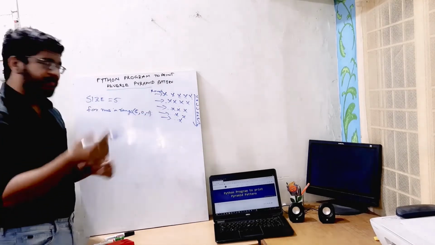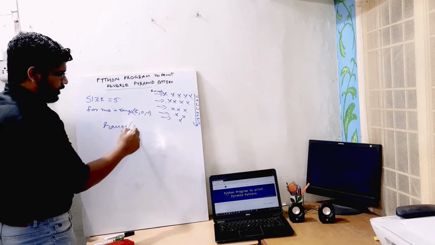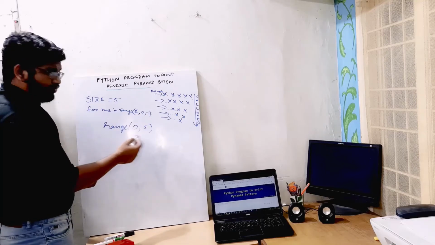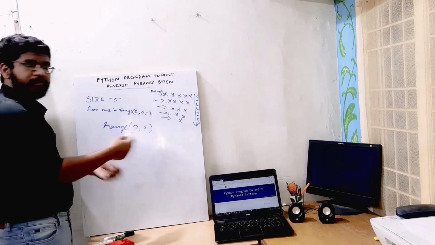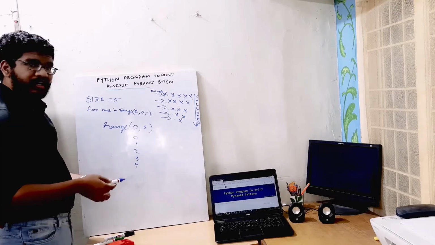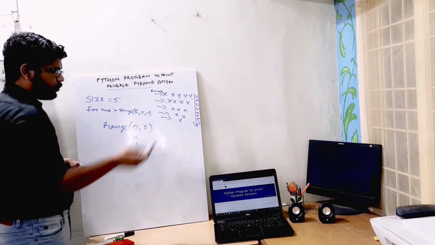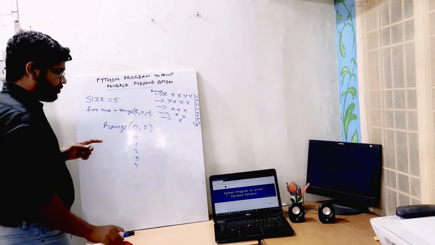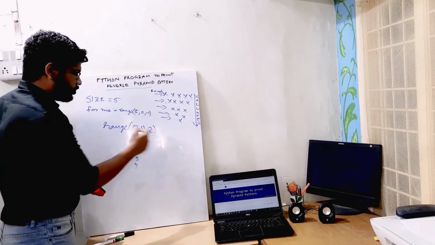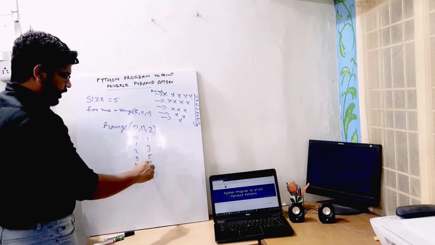In all the previous videos I have given range 0 and 5, which will print the numbers 0, 1, 2, 3 and 4. Here I want to print the inverse pattern, so I will start from 5 to 0. In this example, if I take 11 and give step as 2, it will print 1, 3, 5, 7 and 9.